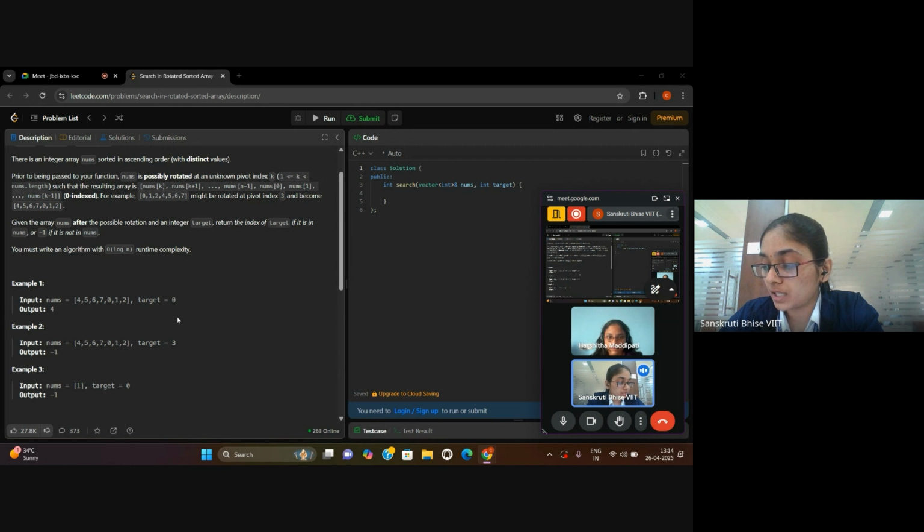I will also compare the target element. First I will compare the target element with the middle element. I know that my target element is 0 and the middle is 7, so the target is smaller, and the first element is smaller than the middle element. That means this part is sorted. So I will check directly with the first element. As this is sorted and 0 is not within it, we can move to the other part of the array. I will start by finding the middle of this part, which will be 5.